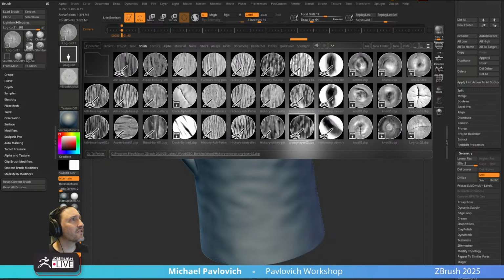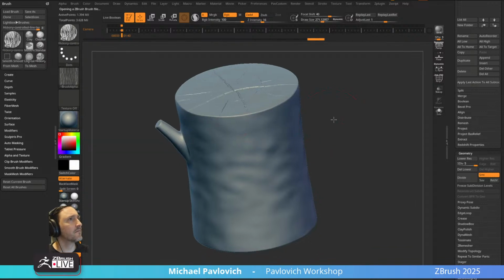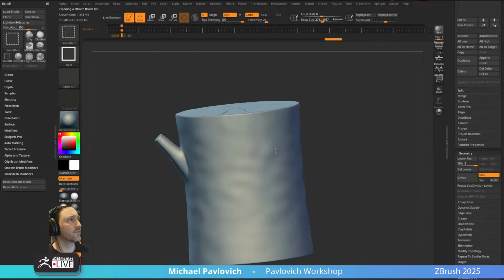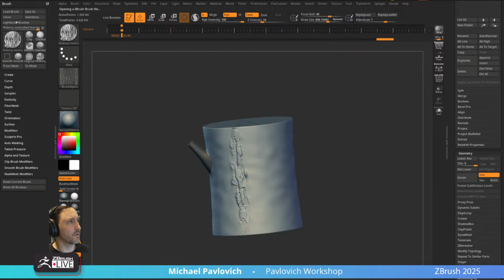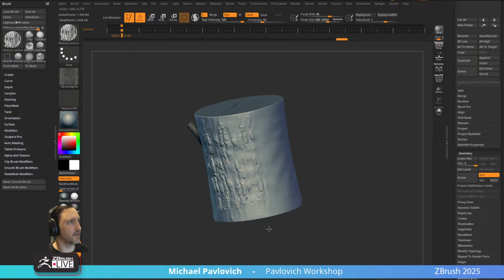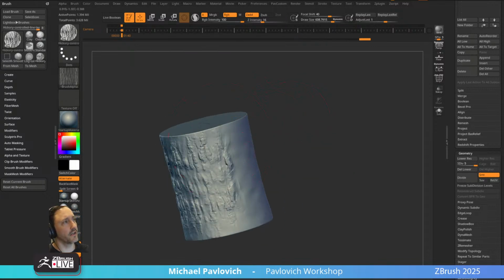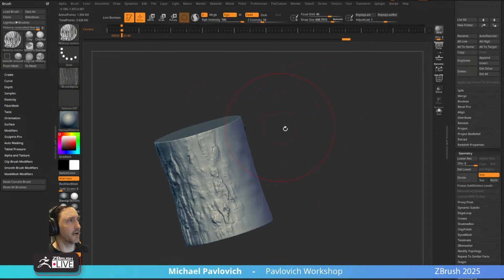Hickory ash. Let me see. There we go. So we can just isolate this if we want to. We can mask and invert it, and go through here, and we can literally just drag bark. Then you can go through there. And in this, if you're going to do it this way and you wanted to paint, definitely like masking by,